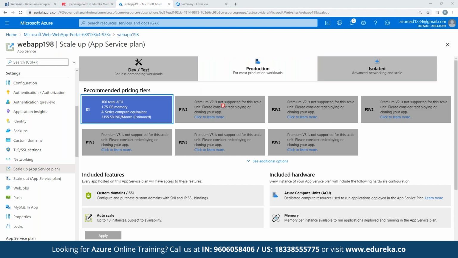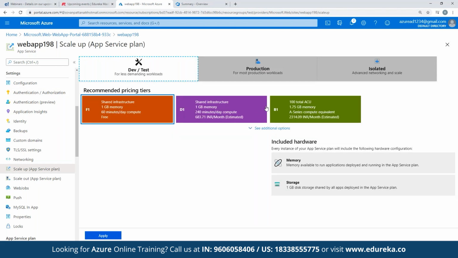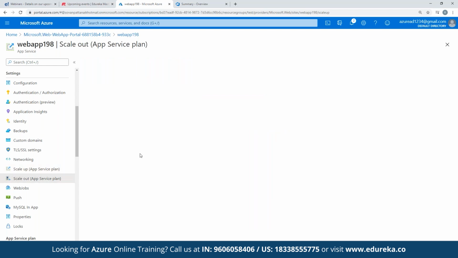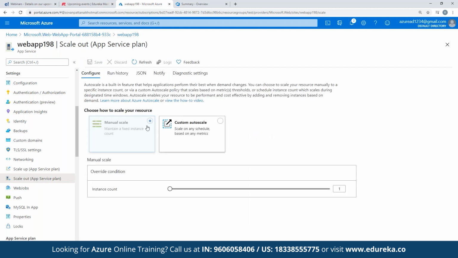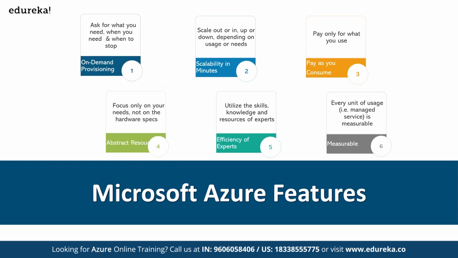We have a lot of app service plans available, and for dev test, we have other pricing tiers available, right? So when you say scale out, that means you scale your VMs, your machines, which you can call instances. We have the total number of instances which we can scale out here as well. That's what it means, pay only for what you use, and developers can focus only on those processes, and don't need to worry about the hardware part of it, the server part of it, right?